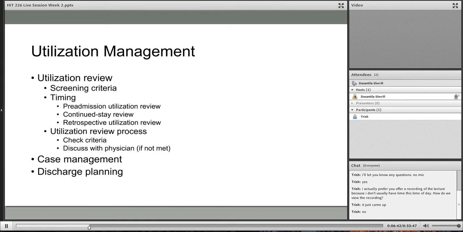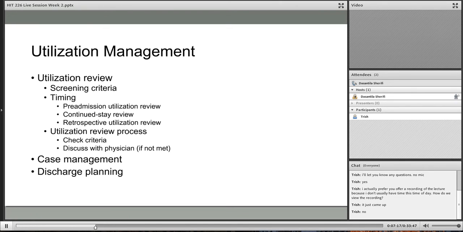Okay. Under utilization review, you have to make sure that there's a certain list of criteria. We call that screening criteria, and we usually don't develop that. Okay, it's not the health information management job to develop it because it's clinical in nature. However, you could end up doing that job because what it comes down to is really checking what the chart has, what the documentation says, against that criteria.